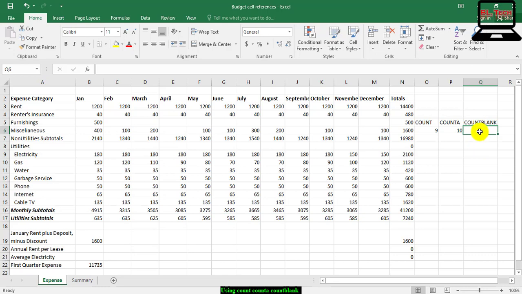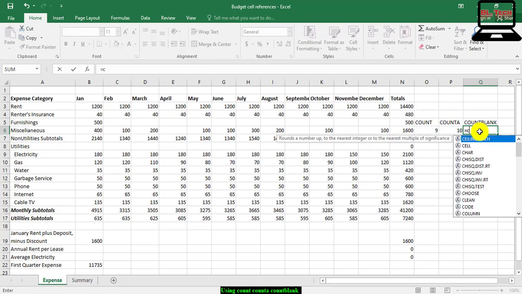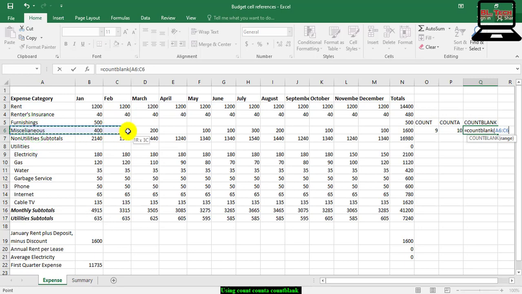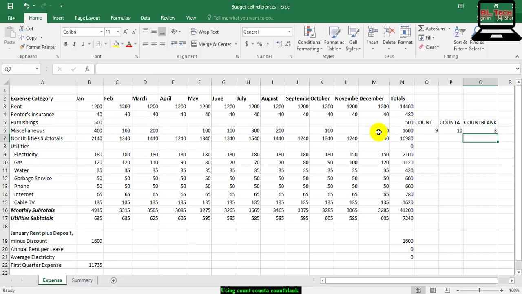In cell Q6, type equal COUNTBLANK, open parenthesis, you select A6 to M6, you close parenthesis and press enter.